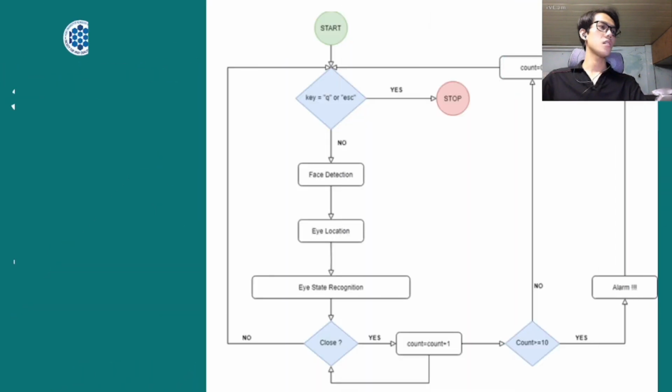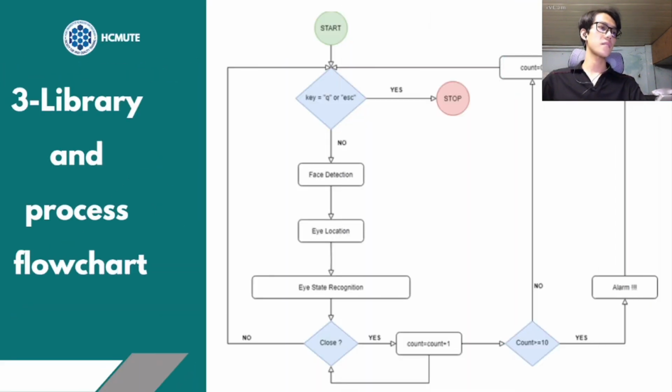And then the process flowchart. As you can see, at the start, we're gonna check the key. Does the key equal Q or escape or not? If yes, we're gonna stop. If no, we're gonna detect the face and locate the eyes, and then we use our model to recognize the eye state. If the eye is closed,